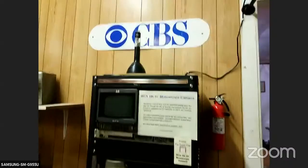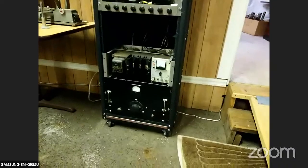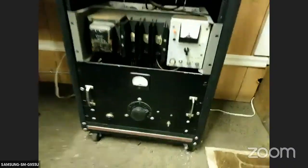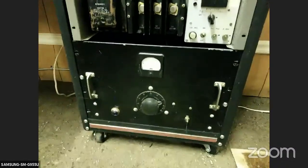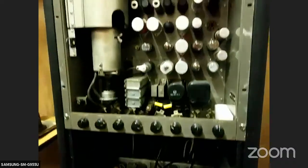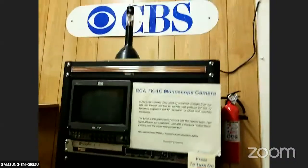Now this was used... They probably used these things through the 80s, I would think. Does anybody know the answer to that? This uses